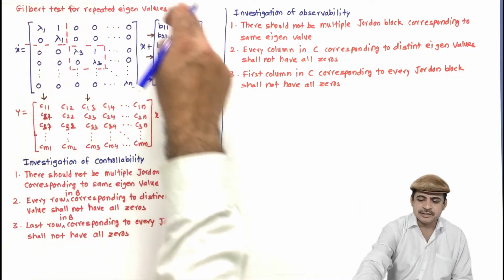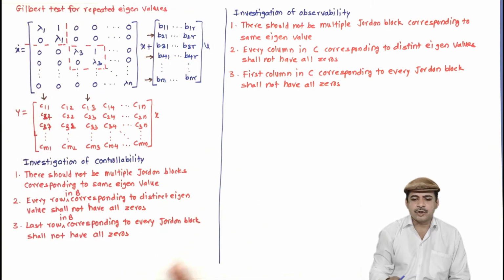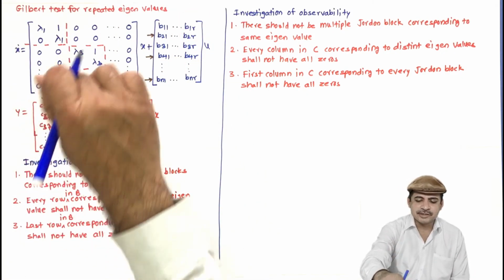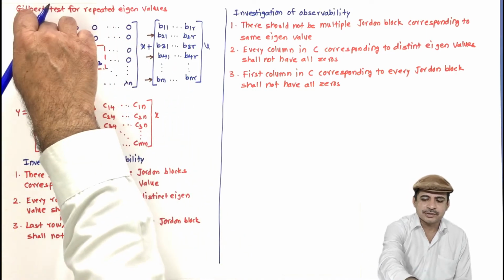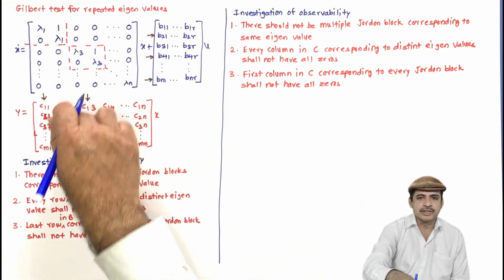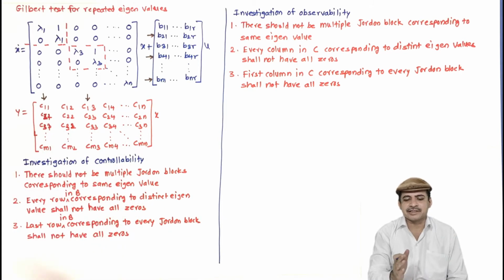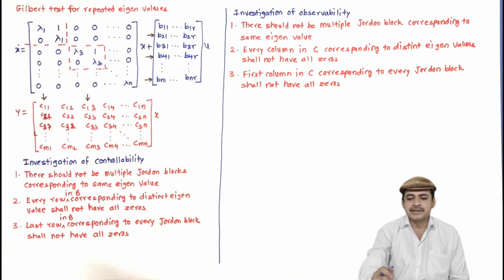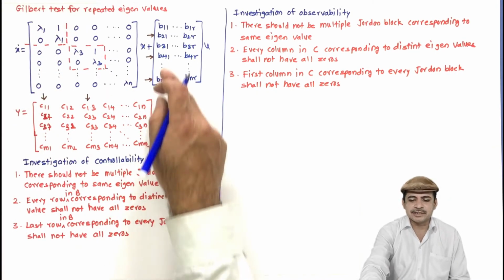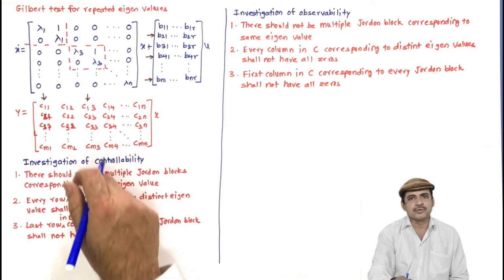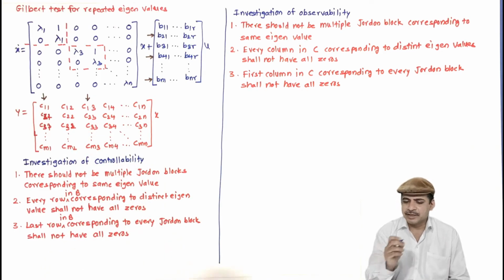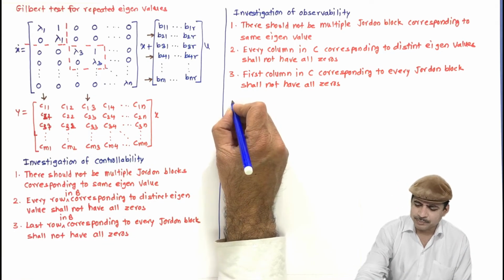And in practice, this is the combination of all. It has distinct eigenvalues, it has Jordan blocks, it has multiple inputs, multiple outputs. This is a combined case, a general case. From this we can have different cases like all roots are distinct with only one input and only one output. Also we can say that it has some Jordan blocks, some distinct values, some multiple inputs, some multiple outputs. So it is applicable to all. Let us see one example.